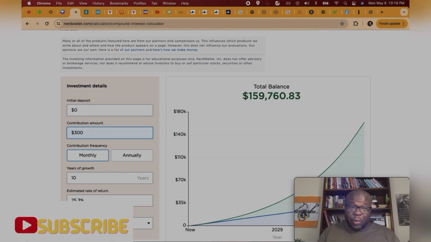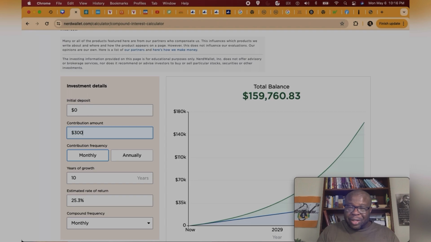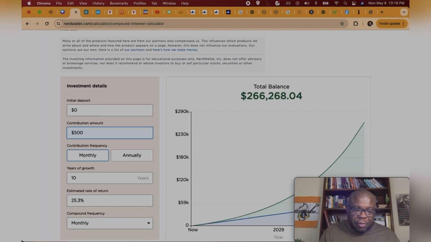So these are some great returns, right? Because you consider the S&P 500 annualized return is about 10%. So 25% annualized return over 10 years is almost 2.5 times that of the S&P 500. That's why these are growth ETFs with the potential to give you significant gains. Let's look at $500 per month. At that return, this ETF would give you a total value of about $266,000. Not bad for a decade, and you're only putting in $500 a month.